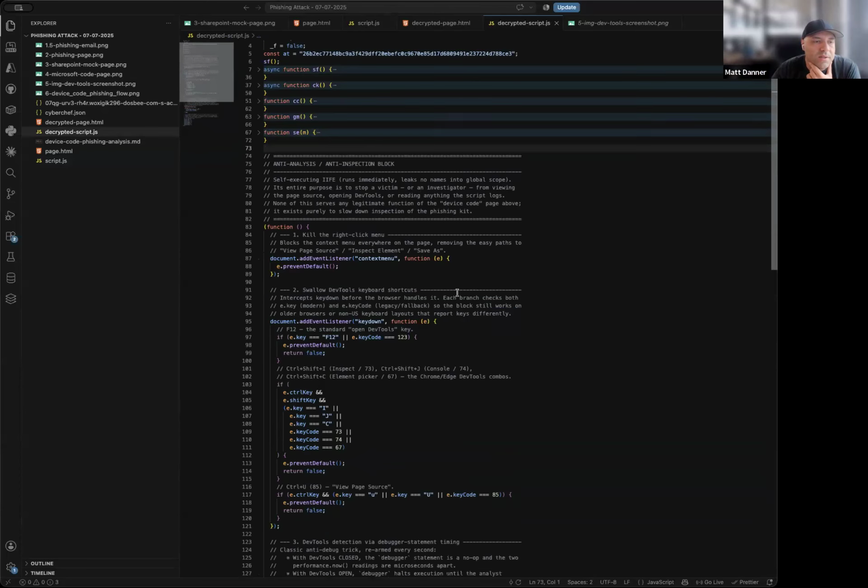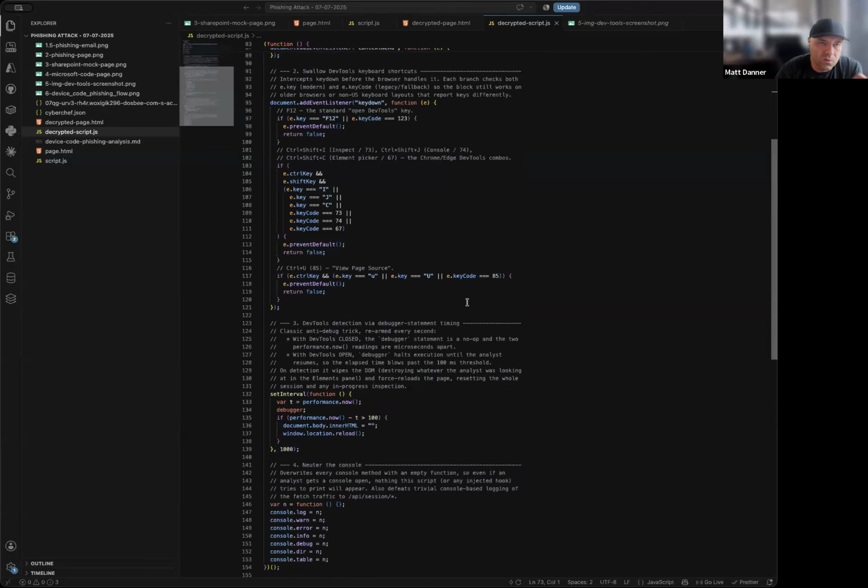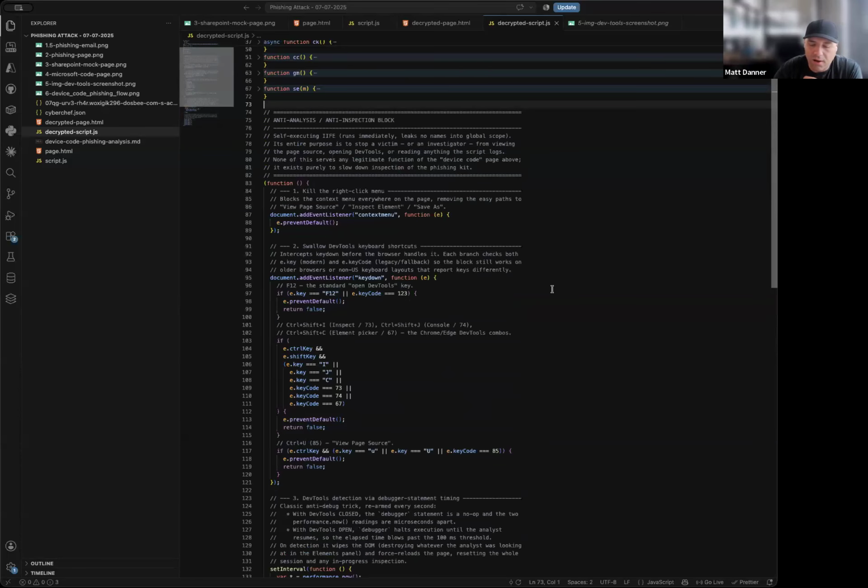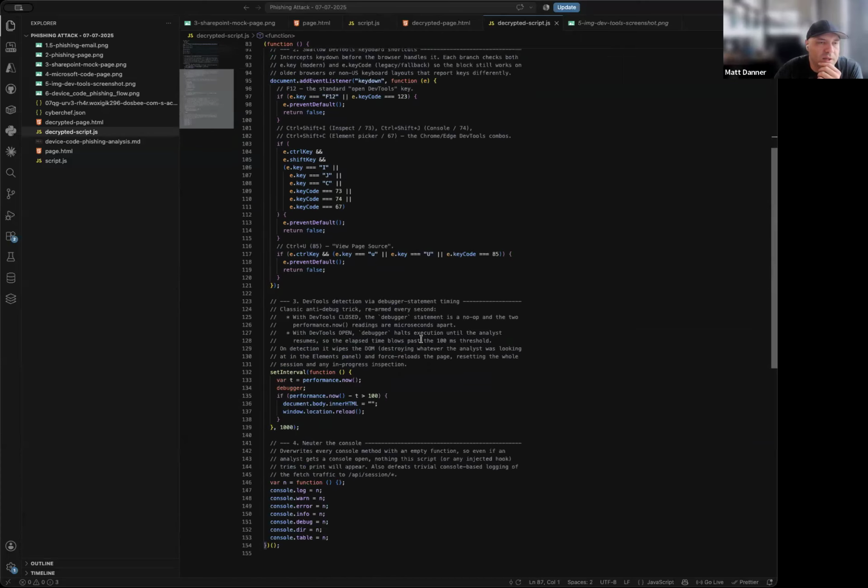And that's what this commented section is here. And this is really interesting because what this code actually does, this is their obfuscation code. So this is where they're writing some JavaScript to try to make it harder for us to do our analysis. And a couple of things that they're doing, and I added some comments to explain each part of